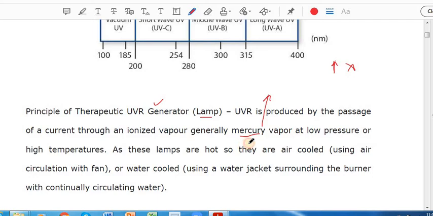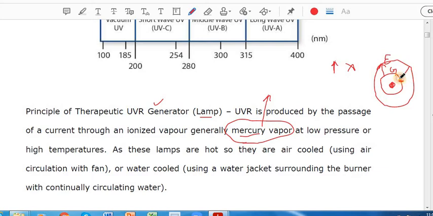So mercury vapor is the identified material. We all know that in Bohr's model of the atom, you have a nucleus and energy levels in which the electron goes around. If I just draw two, there is a ground state, and these are the excited states. When an electron gains some energy, it jumps from the ground state to an excited state, but it cannot stay there for long, so it comes back and drops down to its ground state.